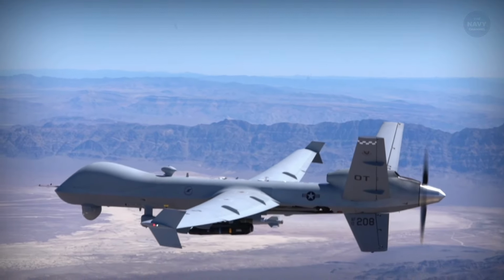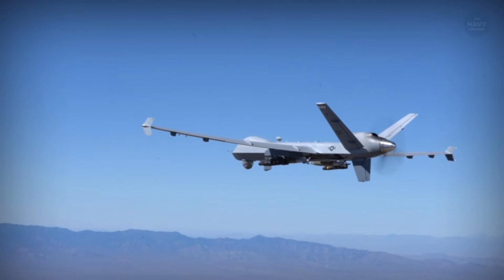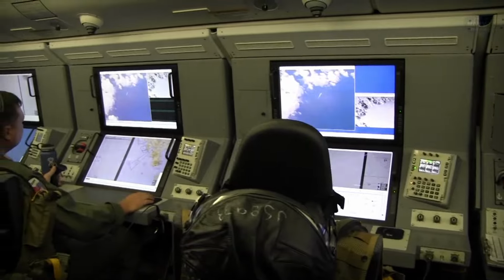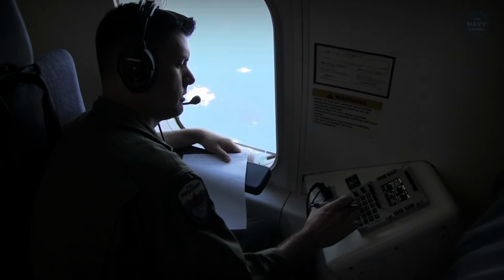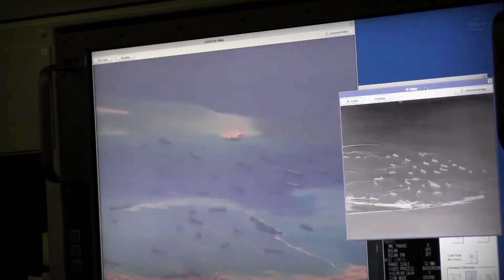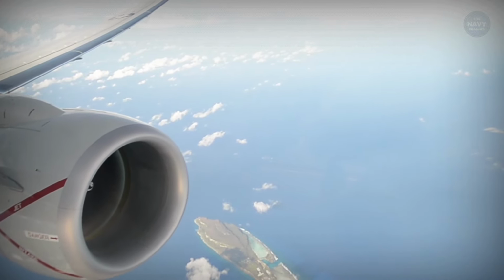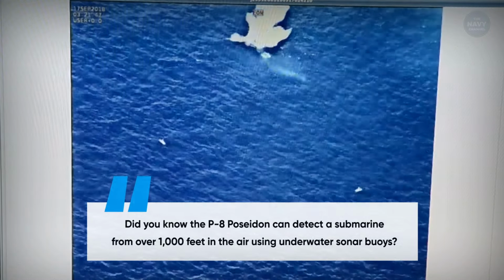Thousands of feet above the Red Sea, a highly advanced American aircraft scans the waters below. Its sensors are so powerful they can detect ships hundreds of miles away. On another front, high above the deserts of Yemen, a drone circles silently, feeding real-time intelligence to military commanders. Its cameras can pick out small movements, heat signatures, and even hidden missile launchers. These two platforms, the P-8 Poseidon and the MQ-9 Reaper, are helping the US military monitor one of the world's